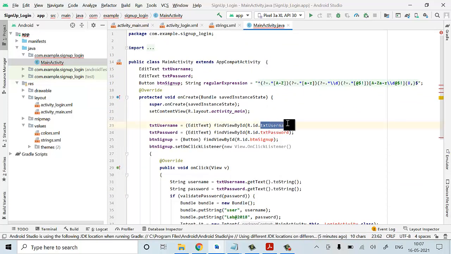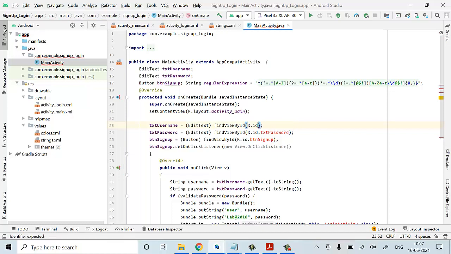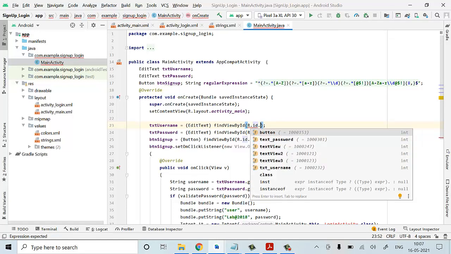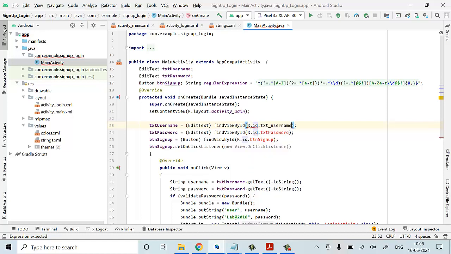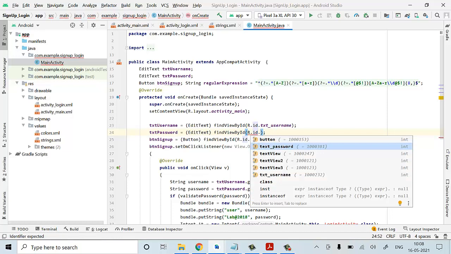Your text username it is getting. I'll change it to there what I have written for sign up page. We have to extract that R.id dot. We have given text username, so we have to extract that. For sign up text password, we have to give dot text underscore password we have.